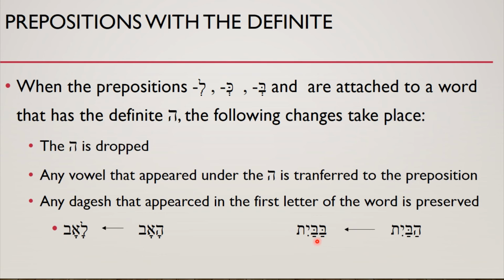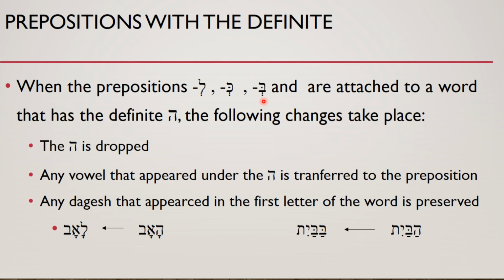So you have babayit, which is in the house, or on the house, or technically even with the house, depending on context. You notice this is not ha babayit, and it is not as if the preposition is attached to the definite hey, making it ba habayit. The preposition takes the place of the definite hey, meaning that it takes its vowel, so it's no longer a shiva underneath. And this is a very important part, is to remember that when the shiva is underneath a preposition,